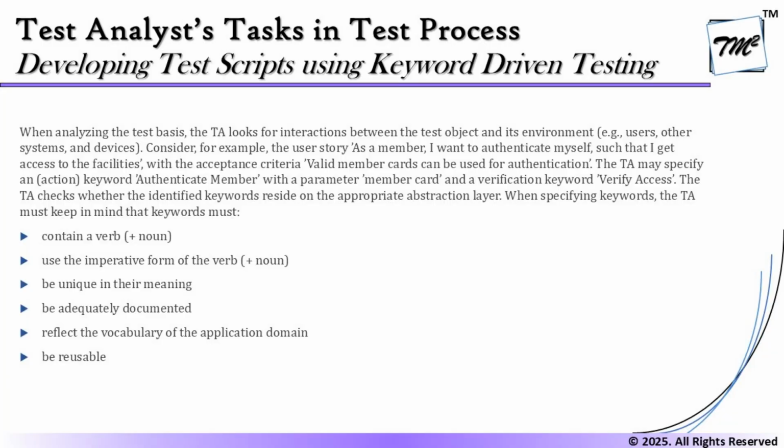So the word existing would be very crucial when you say modifying, right? And the same way, web check-in is a very standard keyword, right? So it's not that there could be just one action which we are performing, there could be multiple things, and this should be very, very clear, right? So of course, we should have a vocabulary, and the reusability is important, because the effort we are putting in keyword-driven testing is not just a one-time activity. It is very important that the way it is written, it should be reusable,